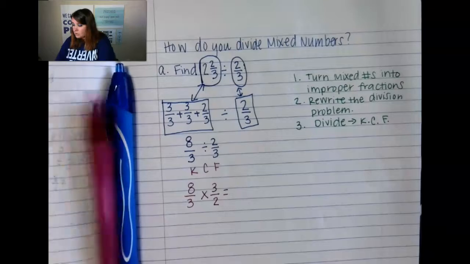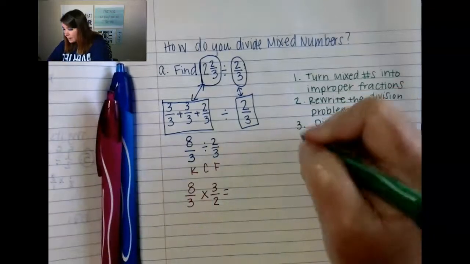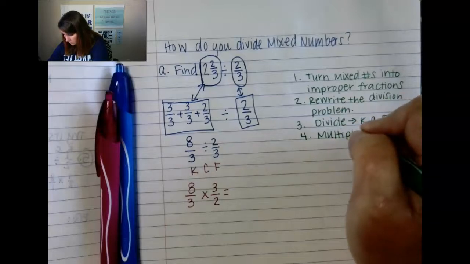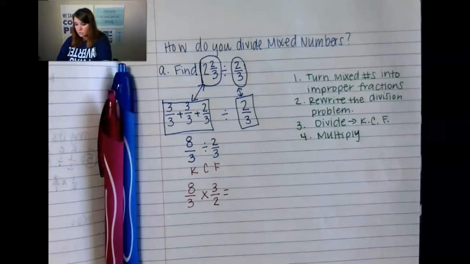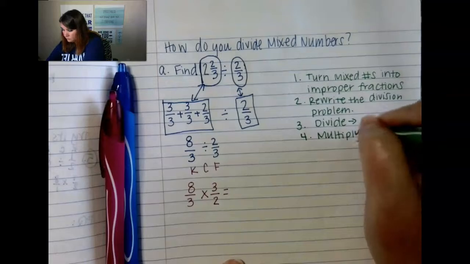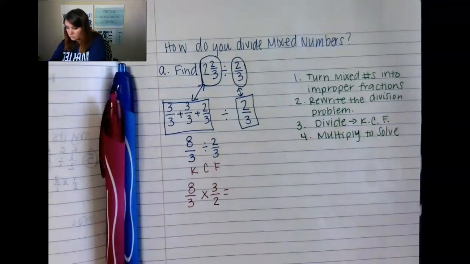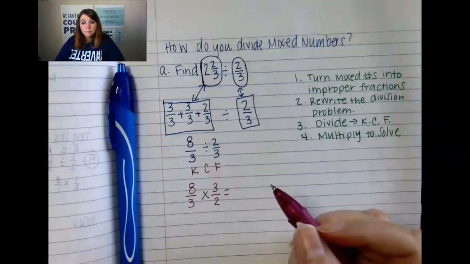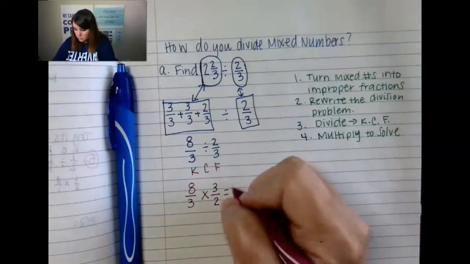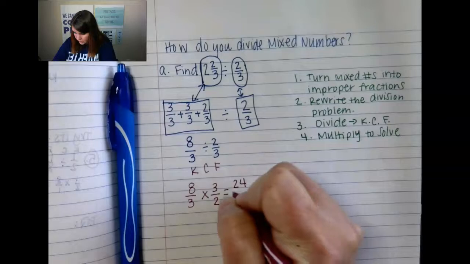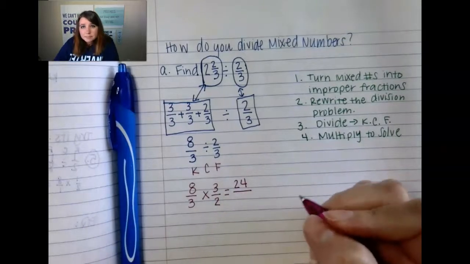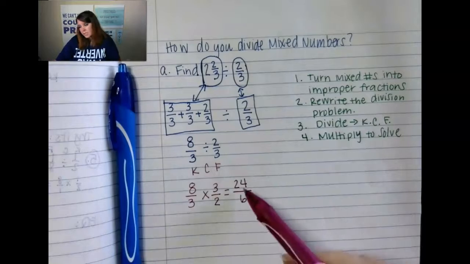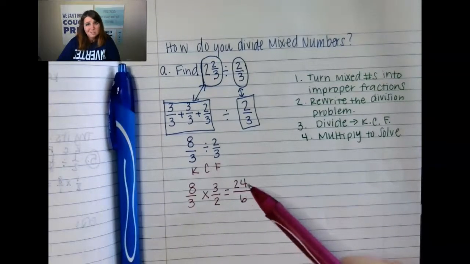Now, after I do that, I can then step 4 it, which is multiply, to solve. All right, here we go. 8 times 3. What's 8 times 3? Yes, 24. Good work. And 3 times 6? Perfect, it's 6. Okay, now we can reduce this down because it's still an improper fraction, so we need to